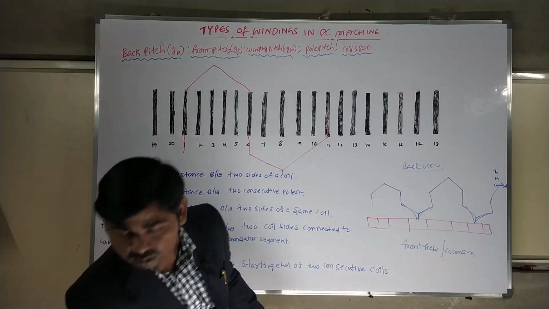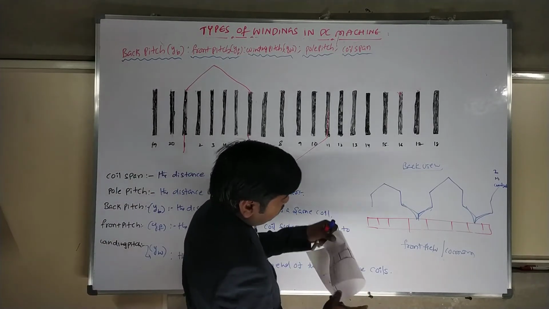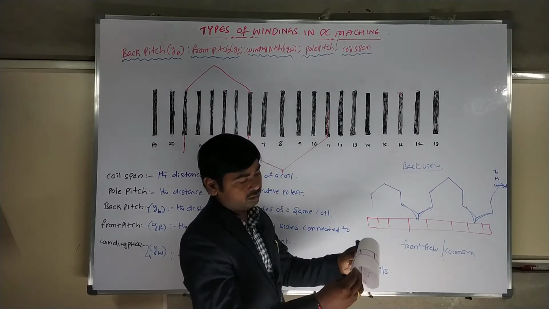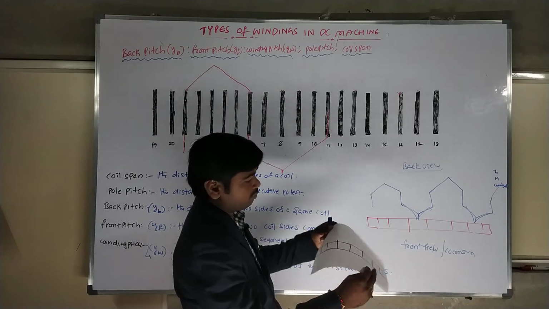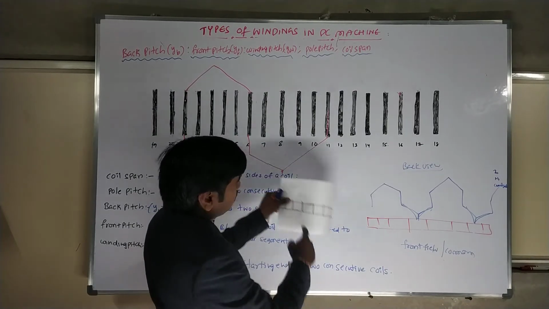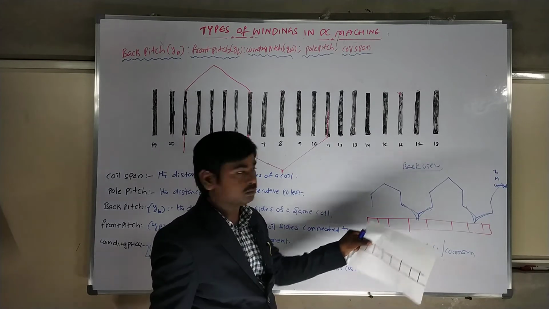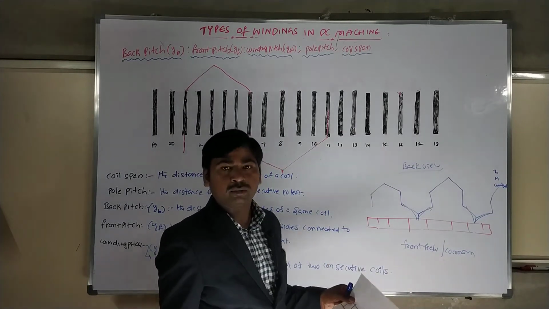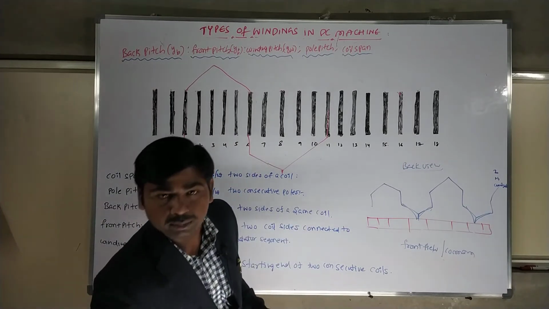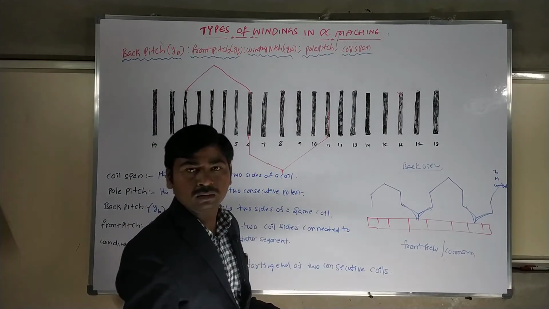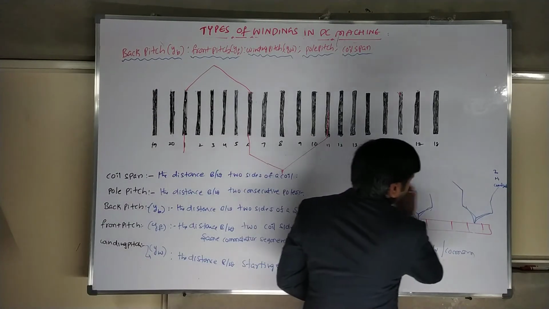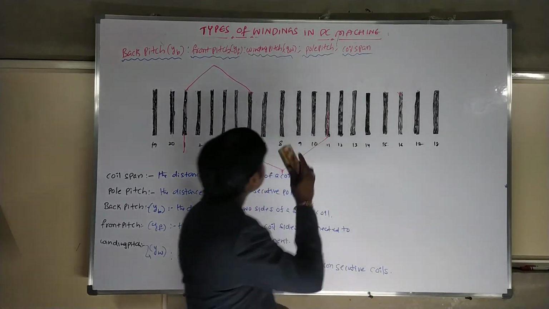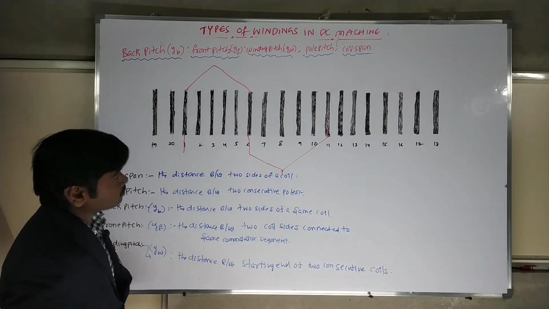Generally, the commutator segments are in a circular fashion in your commutator. If you cut and open the commutator, it should look like this. The winding should come, meet and go here. This is called a commutator segment. The commutator segments are separated by mica insulation to separate each individual coil. It is clear. After this, the basics are clear, and now you can go for the required topics one by one.